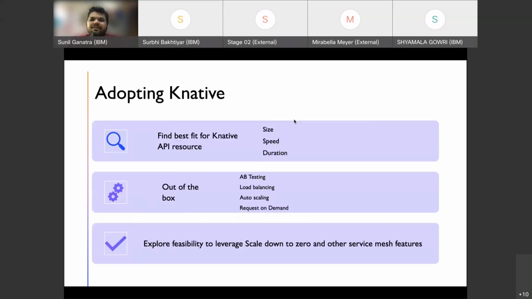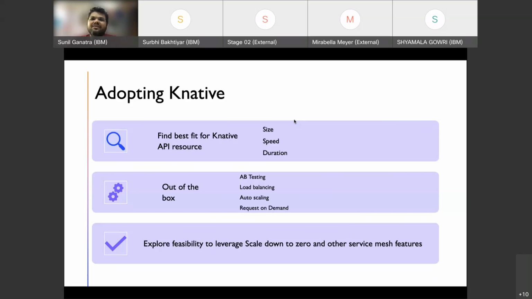Now, I wanted to share with you some of the learnings I had in adopting Knative, where I had to find out the right fit for my application workload. If you also start adopting Knative, these are some of the things you need to consider and keep in mind. If you are exposing a service as a Knative application, you need to be mindful of how much time your service takes to start, and whether you are running a very heavy container.